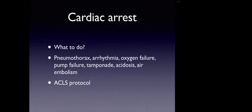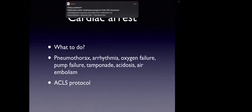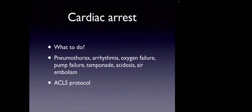You can quickly take a bedside echo probe to look at whether there's a tamponade. This is not very common, but can happen. An ABG to look for severe acidosis, either because of CO2 retention or because of metabolic acidosis. And also it is important to look at the pump head for any air bubbles, which happens because